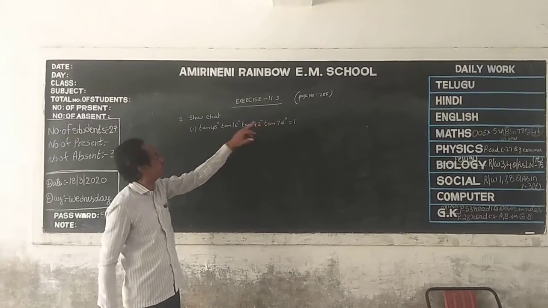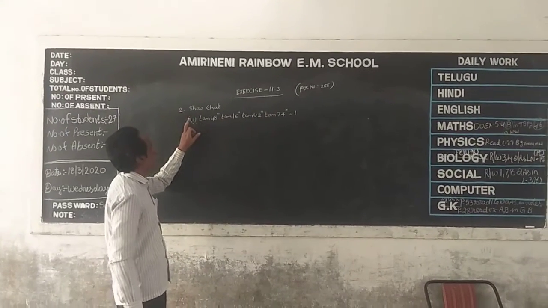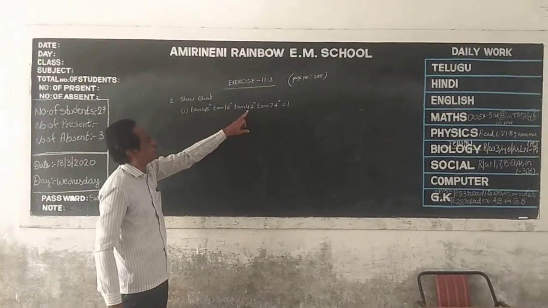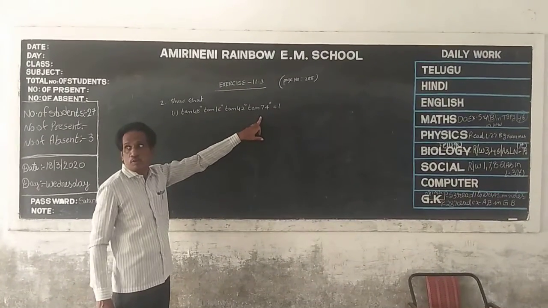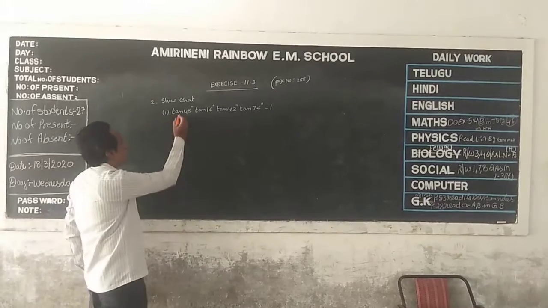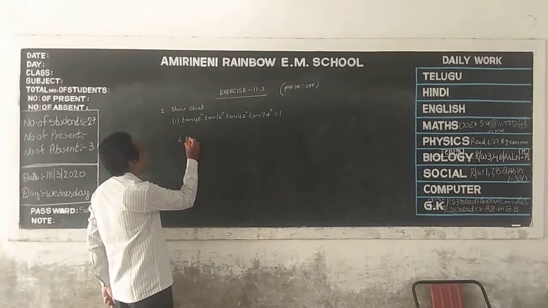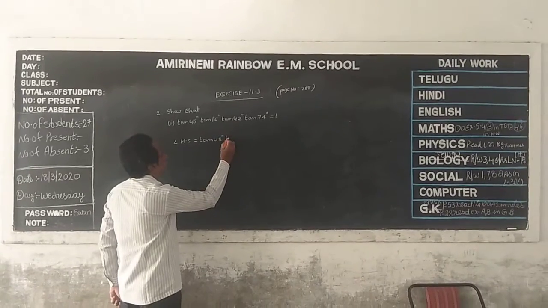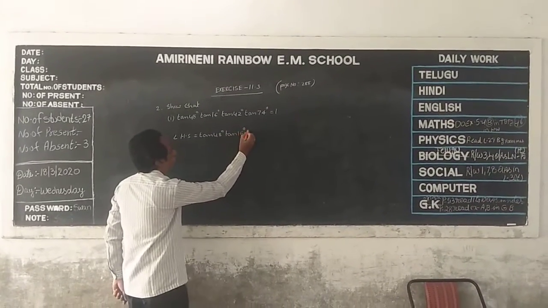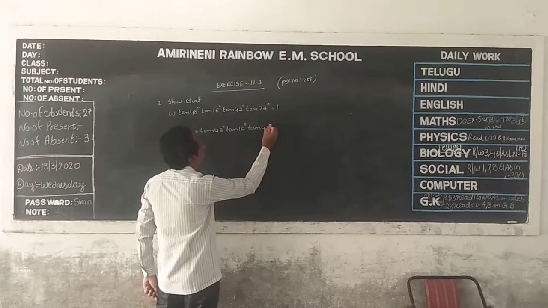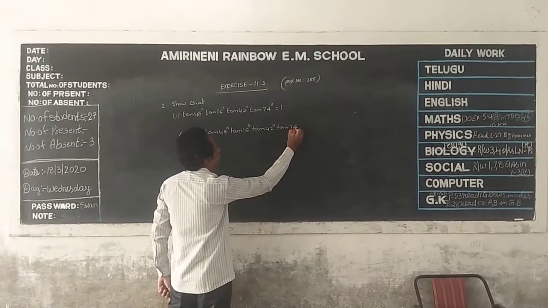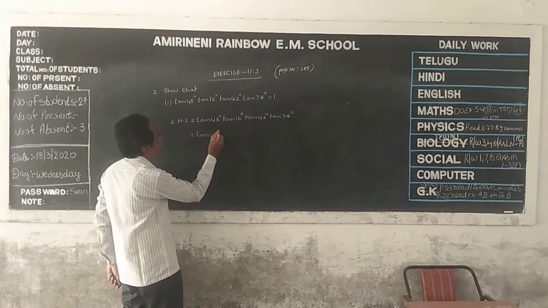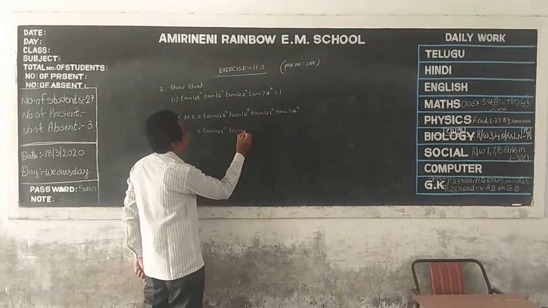Number 288. Show that tan 48 degree, tan 16 degree, tan 42 degree, tan 74 degree is equal to 1. LHS, left hand side: tan 48 degree, tan 16 degree, tan 42 degree, tan 74 degree. That is equal to tan 48 degree, tan 16 degree,